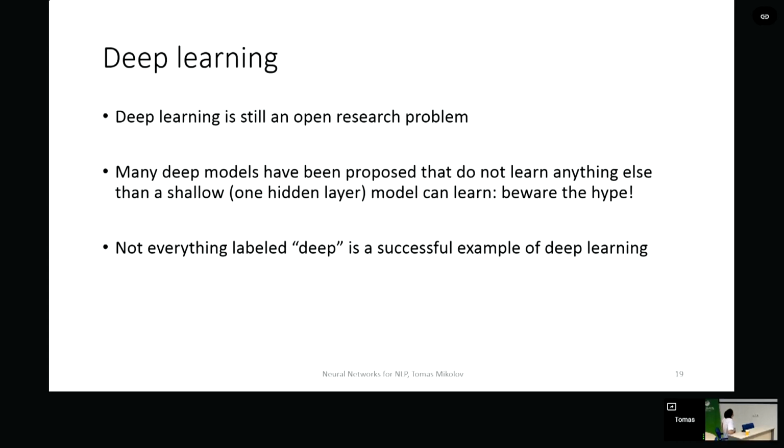There's also a lot of hype when people claim that these models can learn something which they in principle actually cannot learn, which is kind of funny. You may be wondering why I'm saying that, because it doesn't seem to make that much sense, but there's this old argument of universal approximator, that if you have one hidden layer, that's enough to learn anything. But that's somewhat misleading. That just means that if you have one hidden layer that is sufficiently large, then you can actually memorize everything.